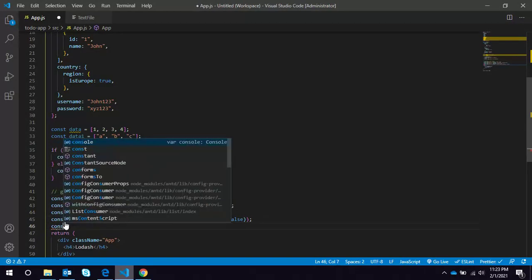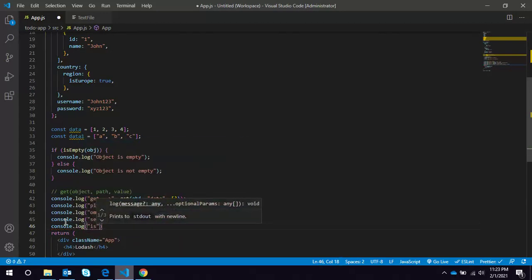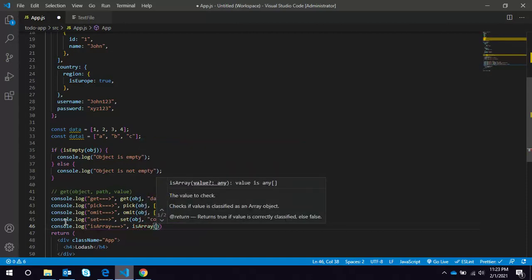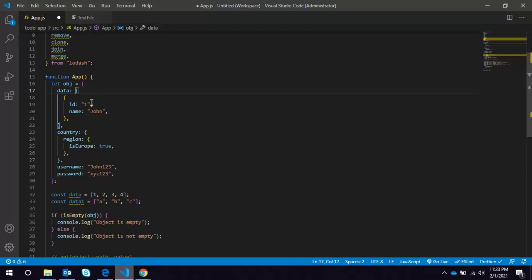Another helpful method is isArray. You can see in our example object we have data, which is an array of objects.